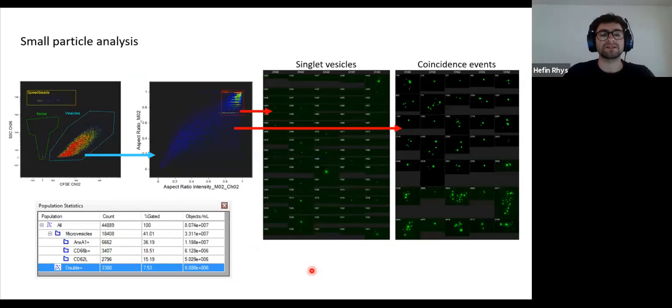Small particle analysis. Because of the time delay integration, the ImageStream is surprisingly sensitive for dim fluorescent signals. And so there have been quite a lot of papers showing it's a good system for analyzing small particles, although they do need to be fluorescently labeled. And there are a couple of advantages in addition to this. One of them is that you can gate on your single vesicles. Because these things are so small, it's very easy to get multiple of them in the interrogation point at once. And using traditional PMT